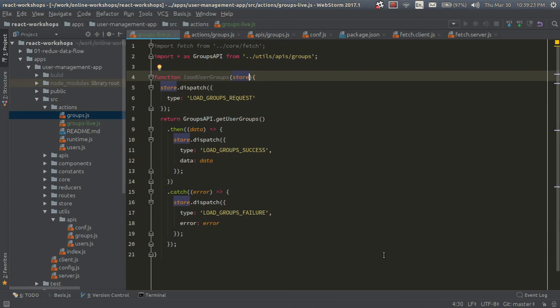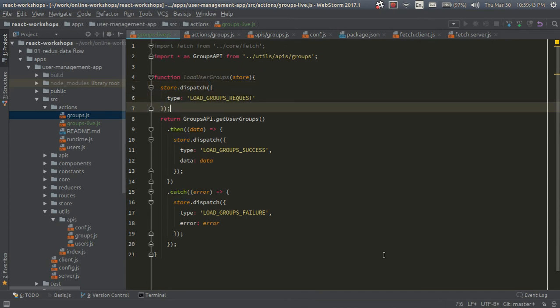The store is inside the context of your application, and inside your component you have your context, and inside that you have the store. You could pass that store over here. Again, it's not that clean. What I could do to make it a bit cleaner